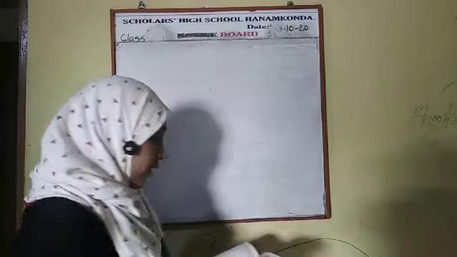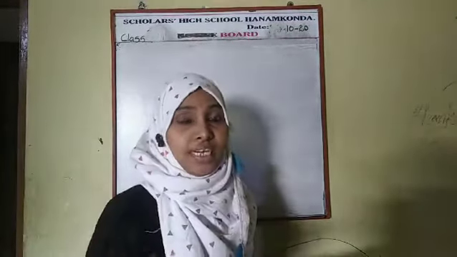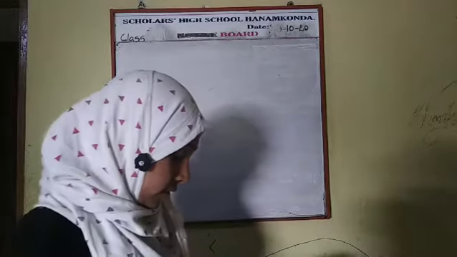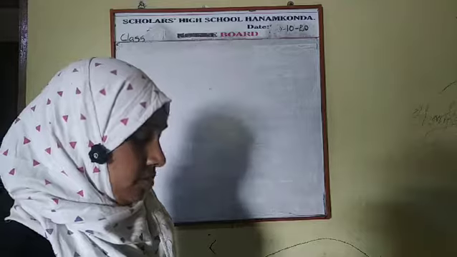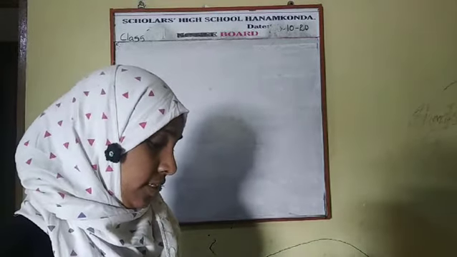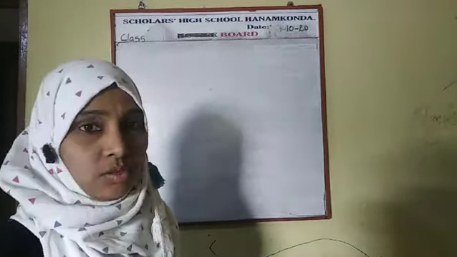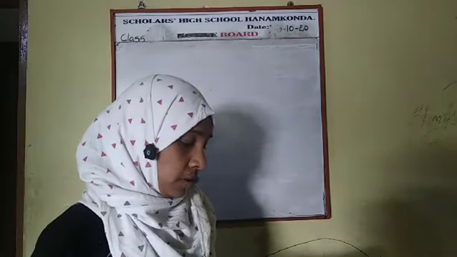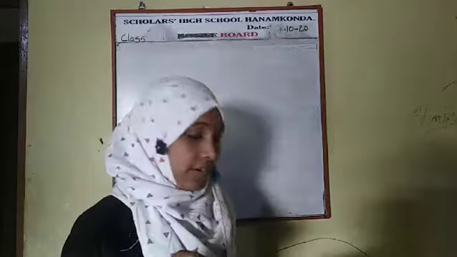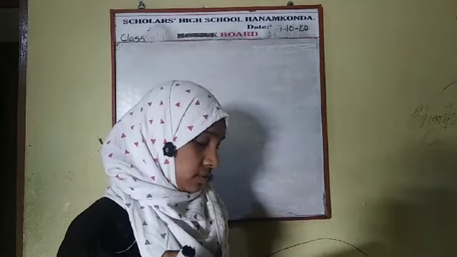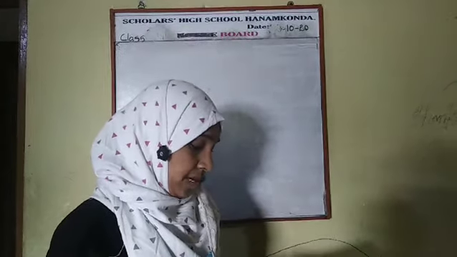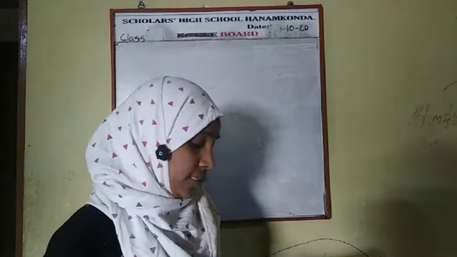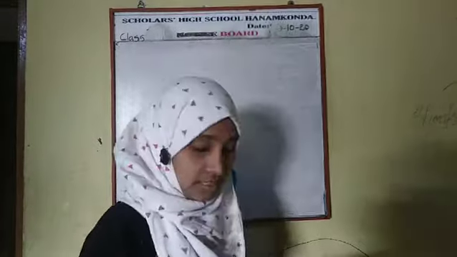See beta, they collect as much fee as the number of students in the school. So, let the number of students in a school be x. Students are x. According to the problem, they had each paid rupees also x only. So then the total fee paid by the students is x into x, x square.